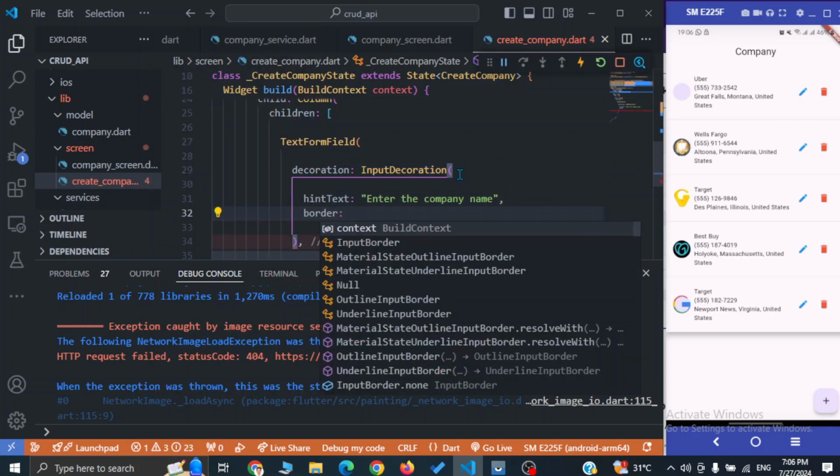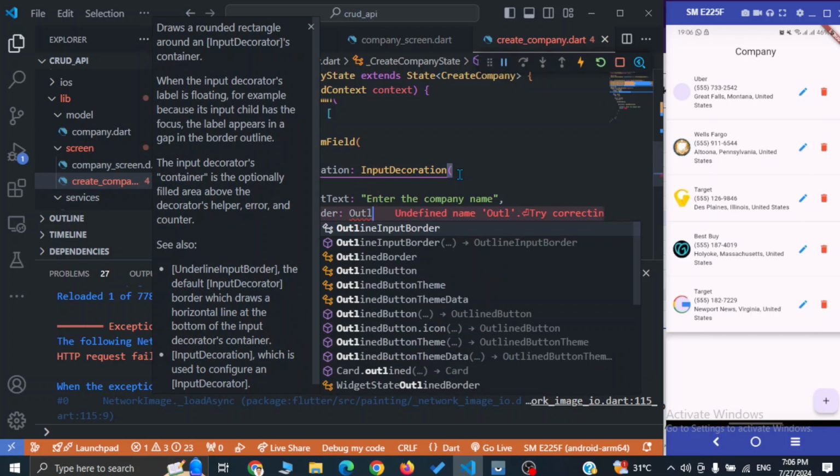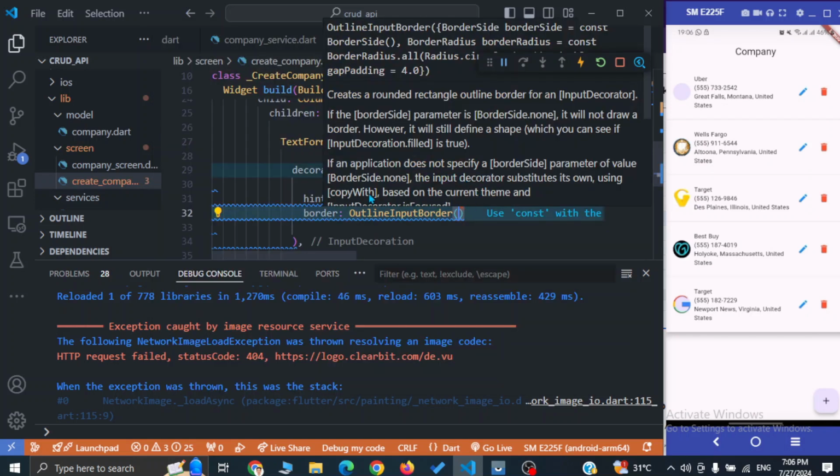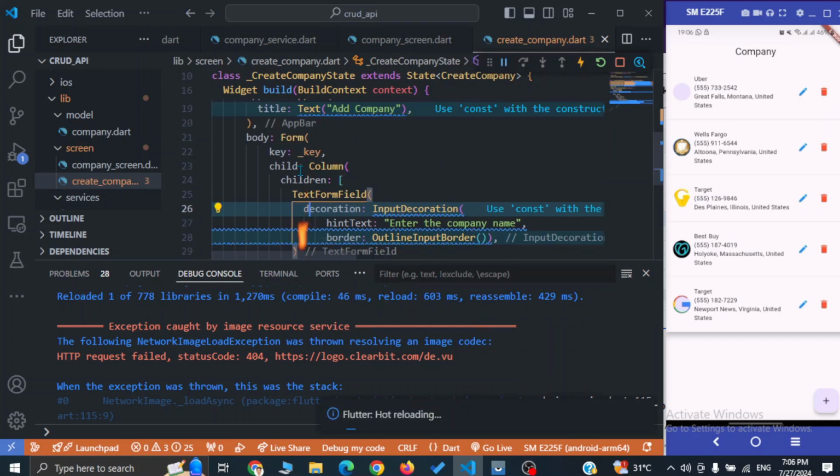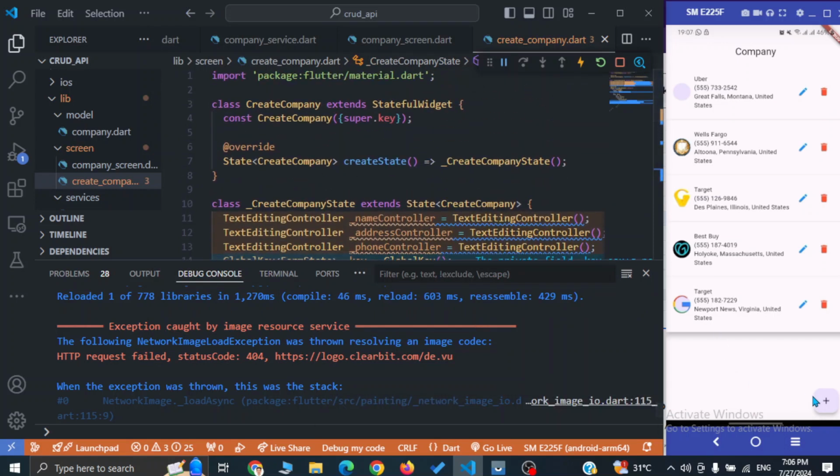So border is going to be outline input border, and let's save this, and let's write code to